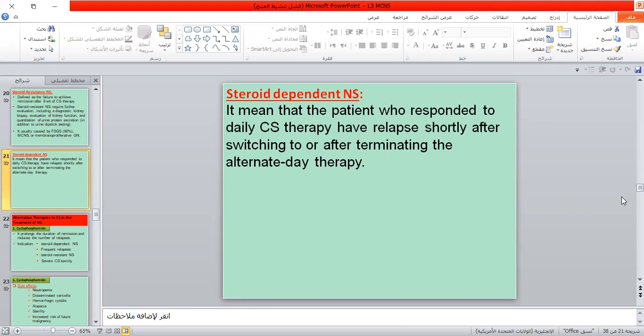Frequent relapses it means the patient has relapsing nephrotic syndrome more than 3 episodes per year. Frequent relapse معناها patient has more than 3 episodes of nephrotic syndrome per year. Then the steroid resistance, steroid dependent, frequent relapses, they are indication of other type of treatment اللي هي immunosuppressive treatment. لذلك التعاريف مالته كلش مهم. اوكي